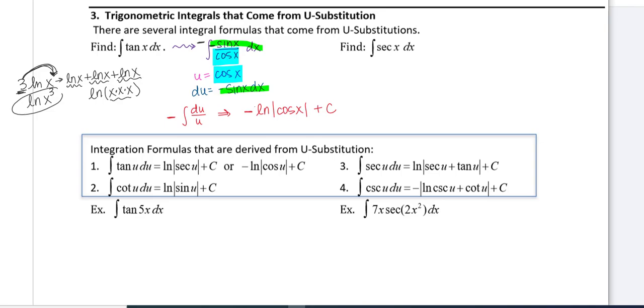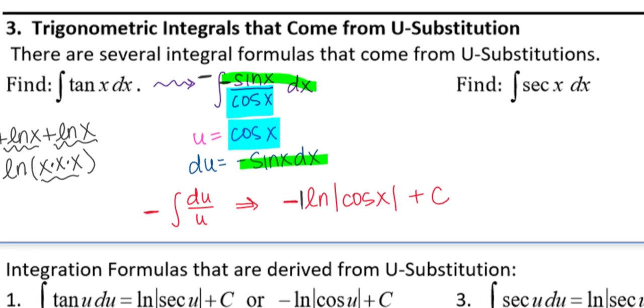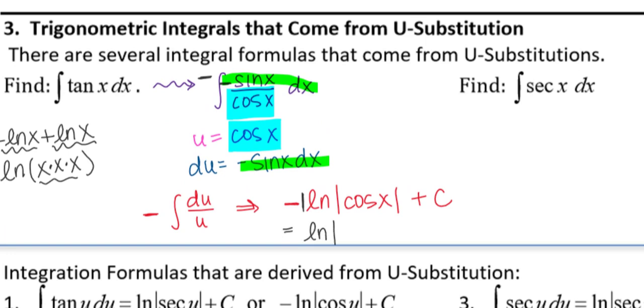So if that's the case over here, I'm going to look at this as negative 1. This would be the same thing as natural log of this cosine of x in absolute value bars raised to the negative 1. And in the previous video, I did talk about trig being raised to a negative exponent, and we don't often write that because then we get it confused with inverse functions. So the reciprocals to the negative 1 means reciprocate. We gave a name. So this is really natural log of secant x.